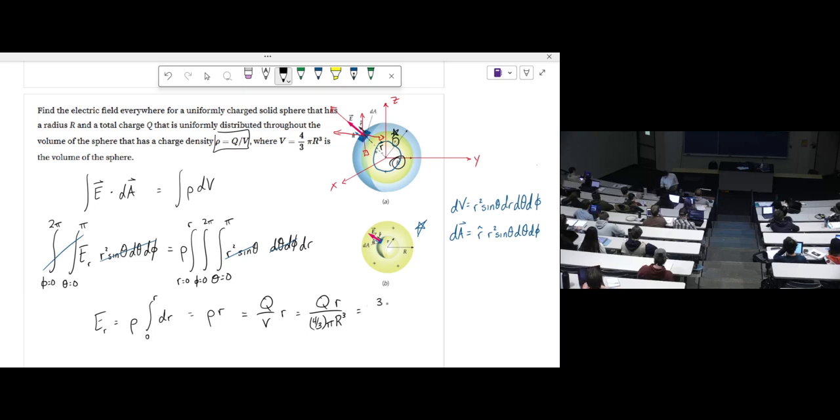That's equal to 3Qr over 4 pi R cubed. So just like we had before, we get